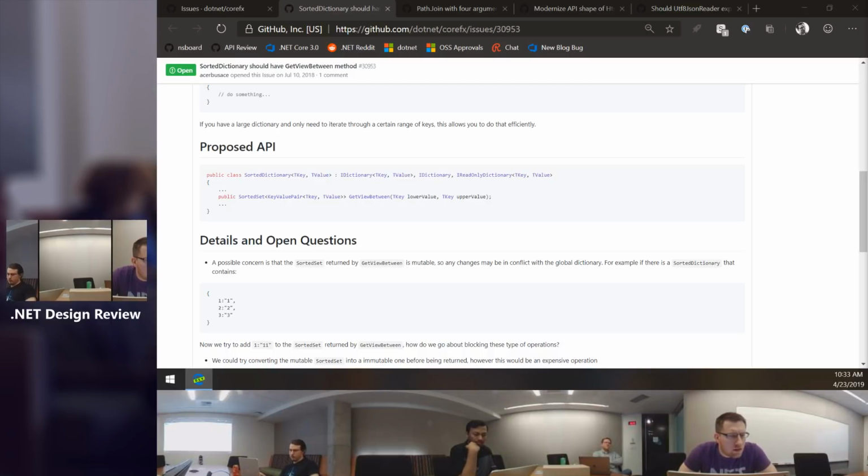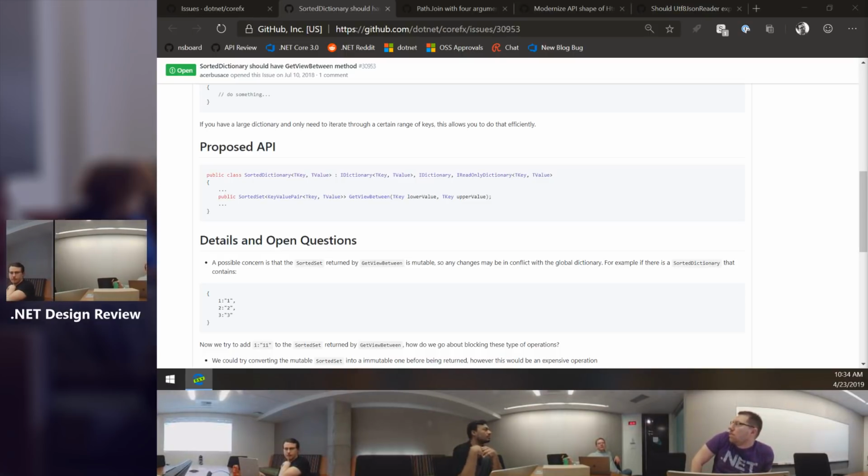Right. But you still have the reference to the original dictionary, right? Yeah, I guess you don't want to pay the price of lookup. I guess that's fair. Yeah, but then it makes even less sense. Then honestly, I would probably return an immutable of key value pair or something, right? Because then you can just get the value super cheaply, and the implementation is trivial for us. Well, and IDictionary has IEnumerable of key value pair, doesn't it? They do, but they don't have a way to get a